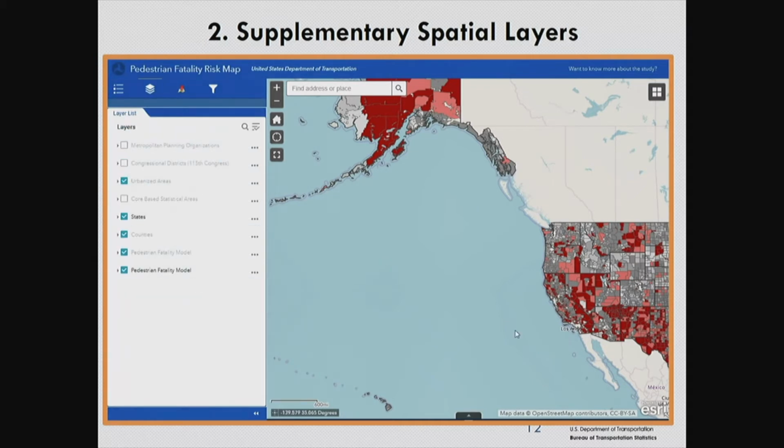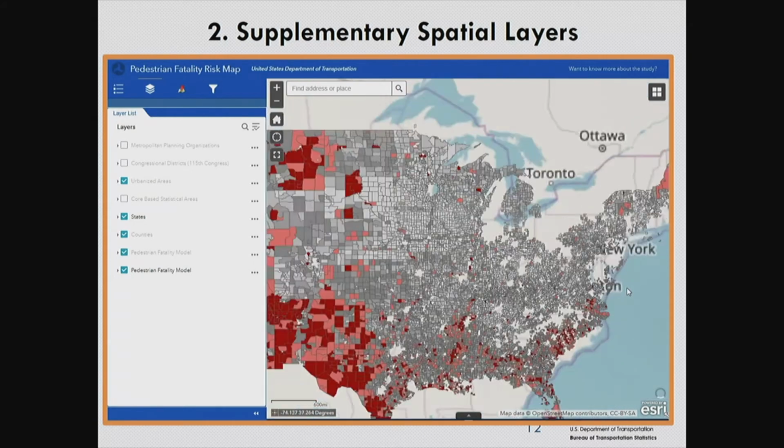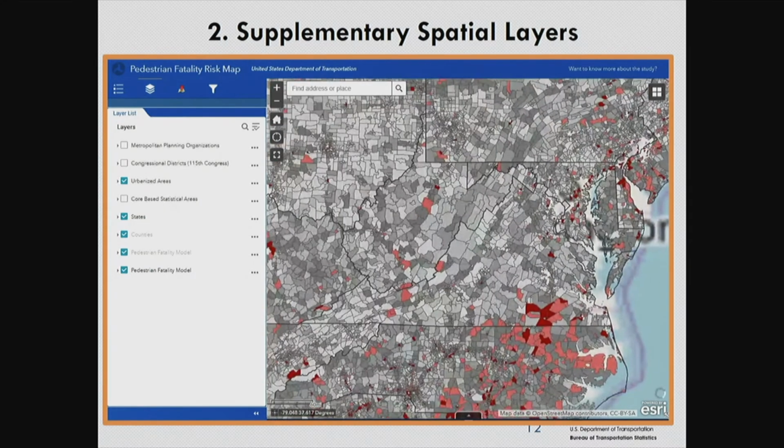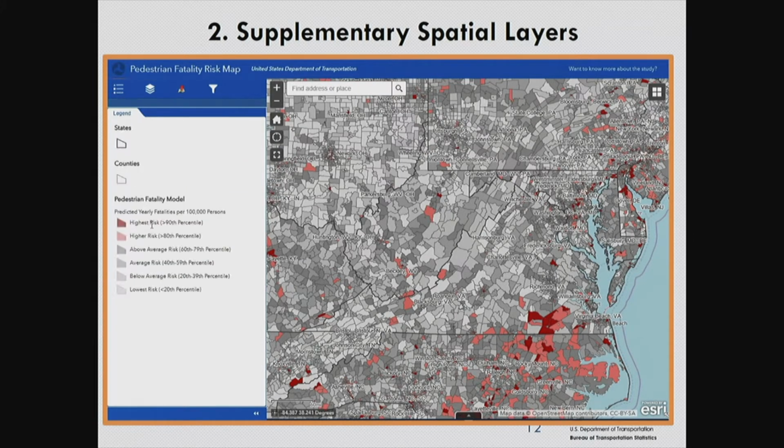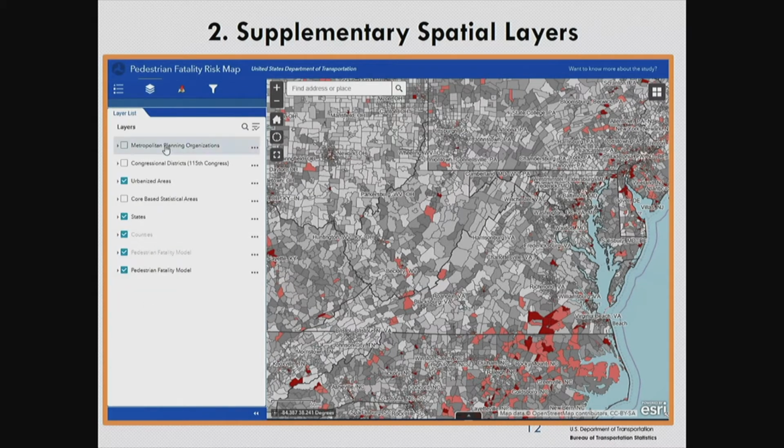At this scale, only a few of them are being shown, but the inventory of potential layers are shown here, including metropolitan planning organizations, congressional districts, urbanized areas, statistical areas. The legend remains visible throughout there on the left, indicating the risk level. But navigating back over towards the actual layers, they can be toggled on or off to help showcase patterns within